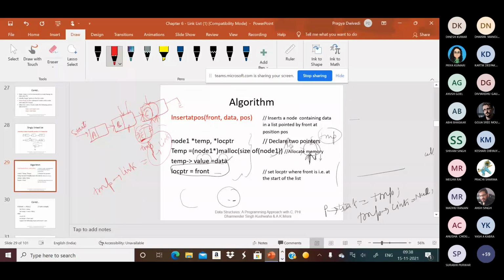Meaning P to link contains the address of this temp. Is this clear? Yes ma'am.